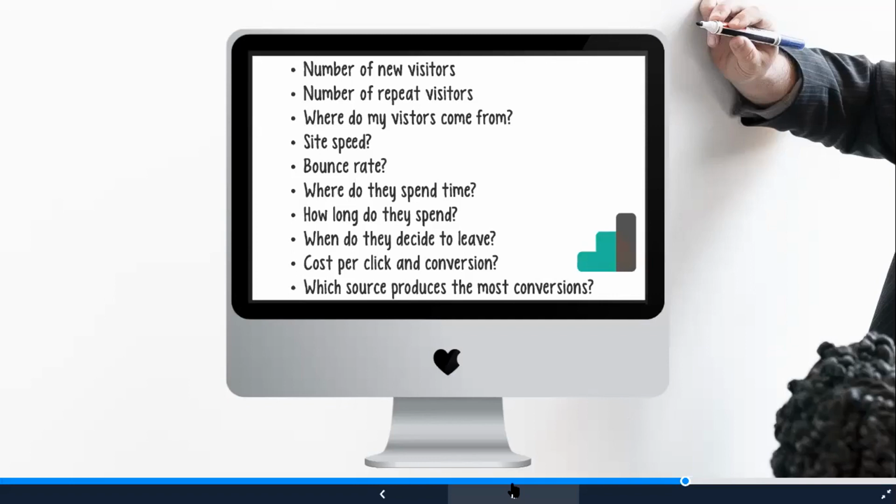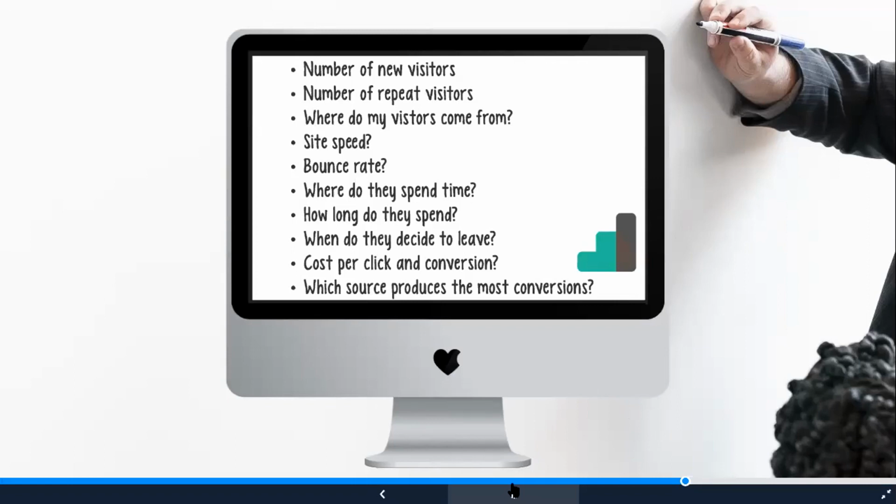You will be able to see how many visitors came from which platform and what it cost you to get those visitors to your website. But it will also show you how many conversions you had from each one of those platforms. When we say conversion, what we mean by that is something like an online sale, that would be a conversion. Filling in an online contact form, that would be seen as a conversion. Somebody filling in and joining your subscriber list, that would also be seen as a conversion.